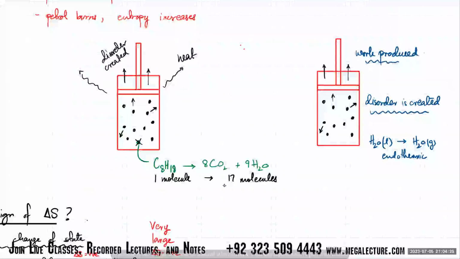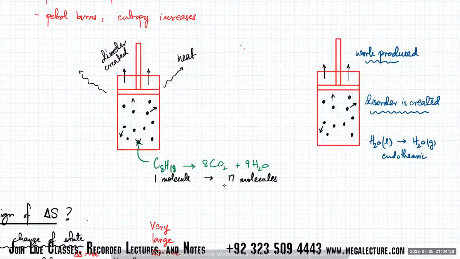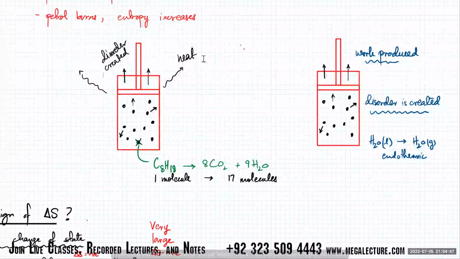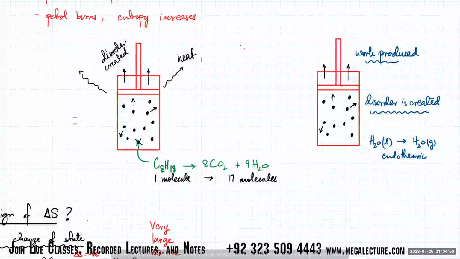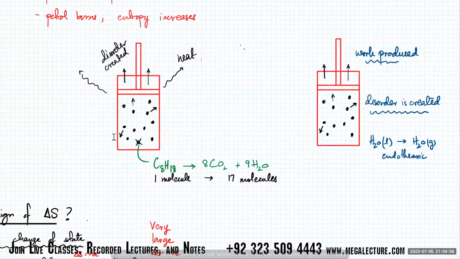This means overall this system is actually producing a lot of work, right? Because whenever you burn it, it's going to produce heat energy and it's going to produce a lot of disorder. So that means the reaction doesn't need any help from outside. It's always going to be producing useful work. Plus, it's going to be producing a lot of heat energy, right? So the total Gibbs free energy of this system is always going to be exothermic. Okay? It's always going to be releasing energy. It doesn't need any help. Okay? Is this clear? Idea clear?